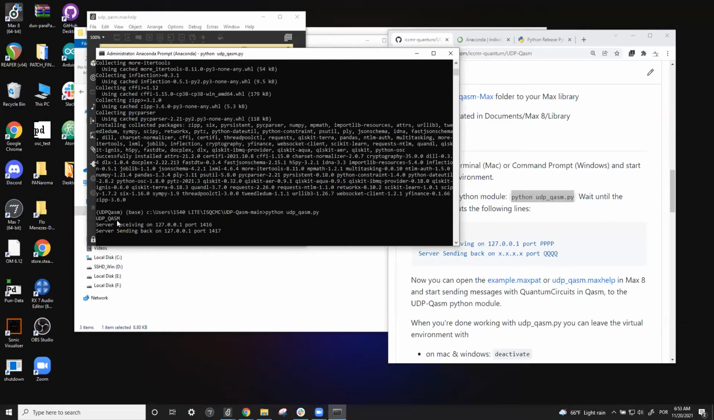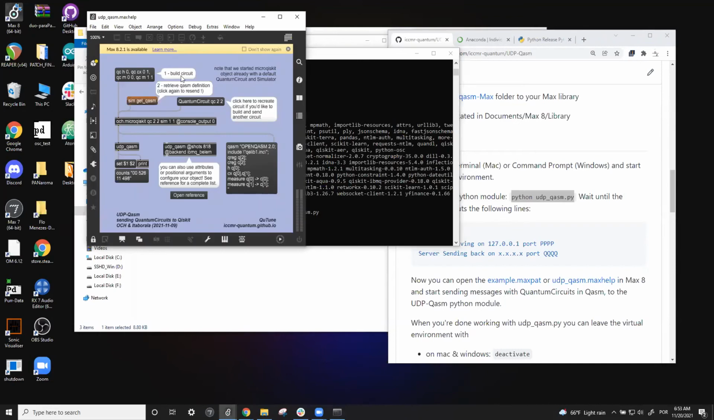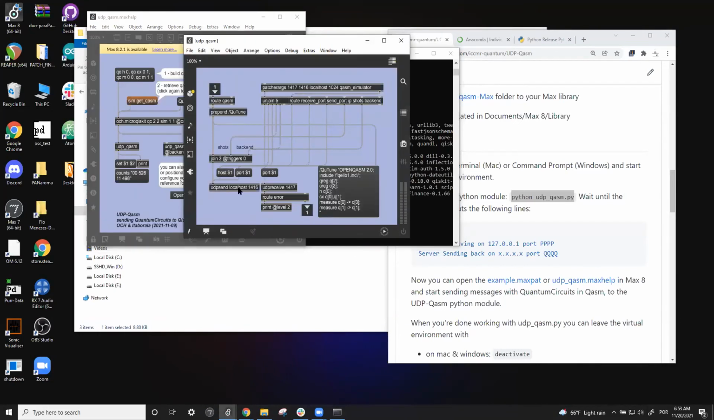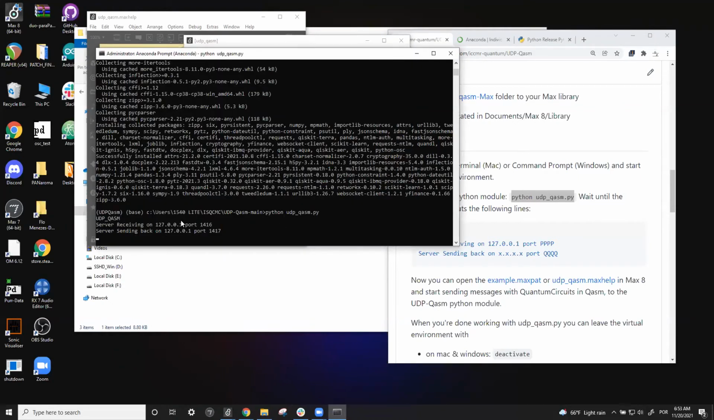First, the UDP-Qasm message, and then it shows where it's receiving and where it's sending messages on the network. Since this is a local network, we are on the same computer, we are going to use the local IP, which is this IP, 127.0.0.1, which is the localhost. This is the same IP. When you say localhost, you actually mean this IP. So we now have a Python interface that is working,